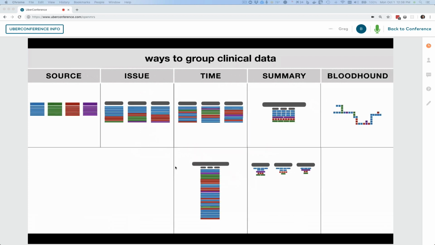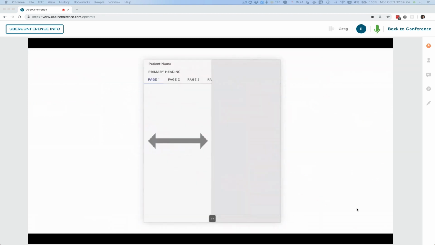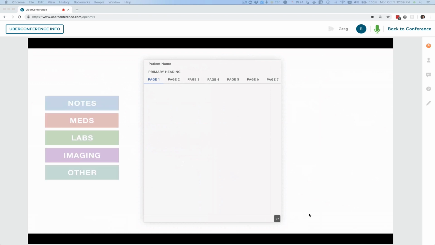So here's all the different ways which I think we can group clinical data. And rather than building 7 separate user interfaces, or potentially even more interfaces, if we imagine building a separate interface for HIV and a separate interface for diabetes, let's just go build one interface that does everything. We're back here where we were a little bit earlier. And what we can do is we'll just expand it to full screen, and we'll take that source information,